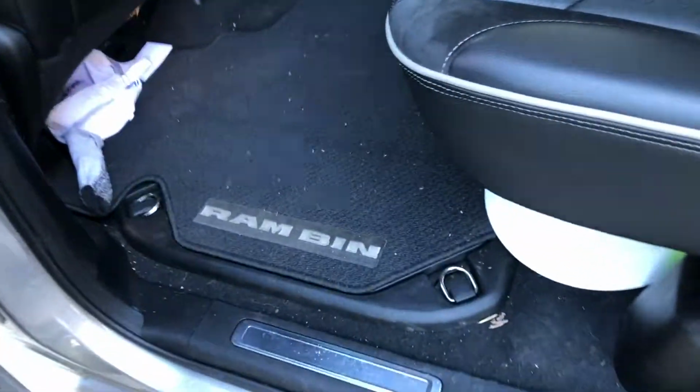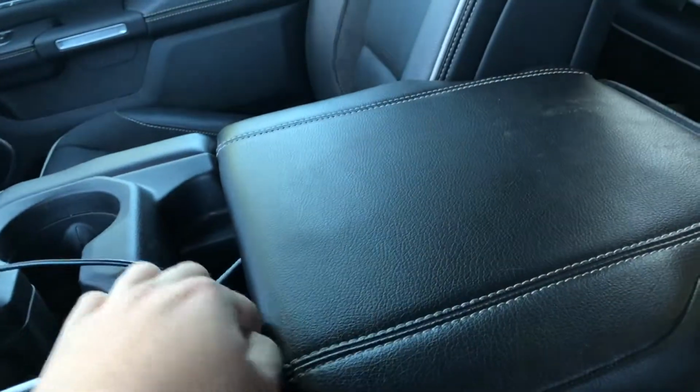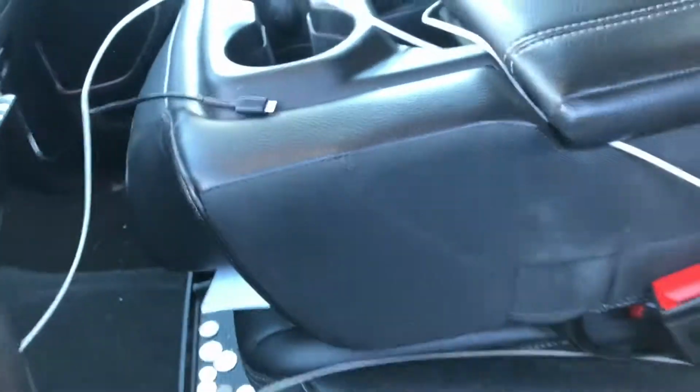And also it's got the Ram bin. That's pretty cool. We haven't really got a chance to use this yet, but that's a nice storage space down there. And also up here, this is a 6th seat if we need it. So there's that. It flips up into a seat. So and now let's do